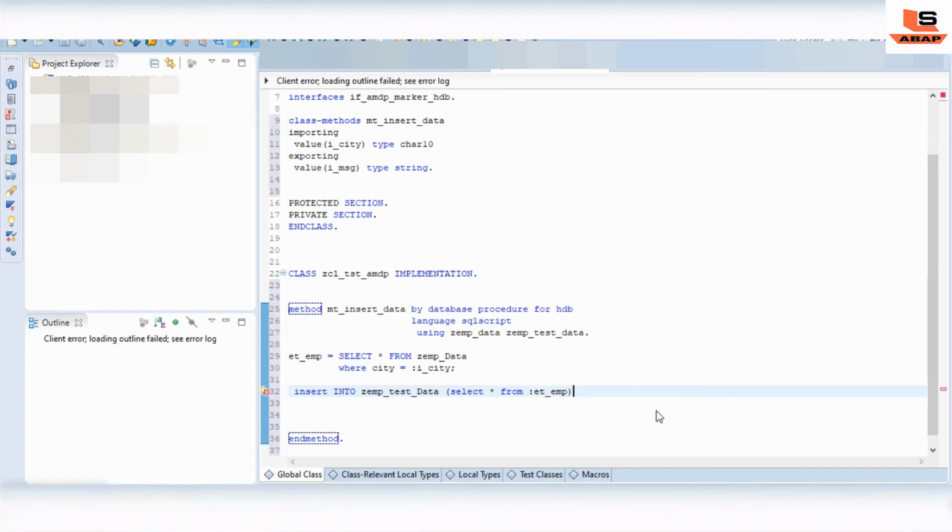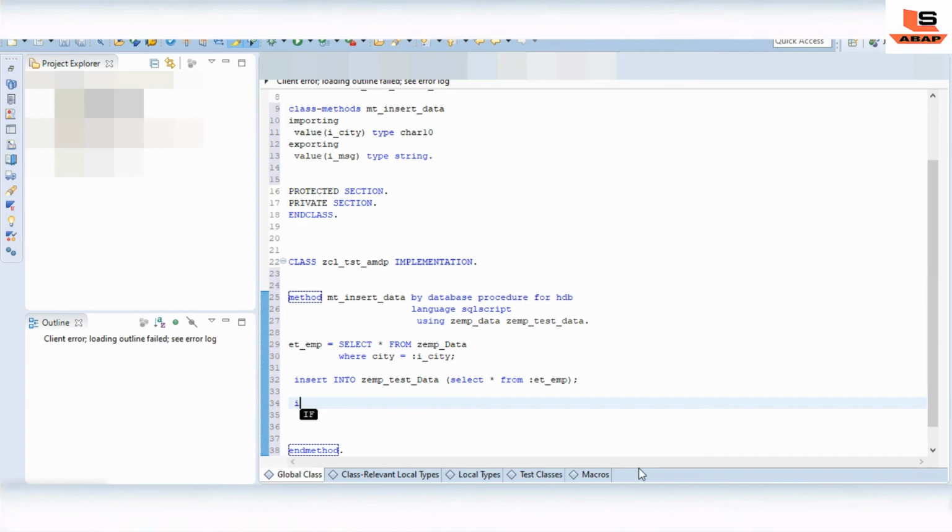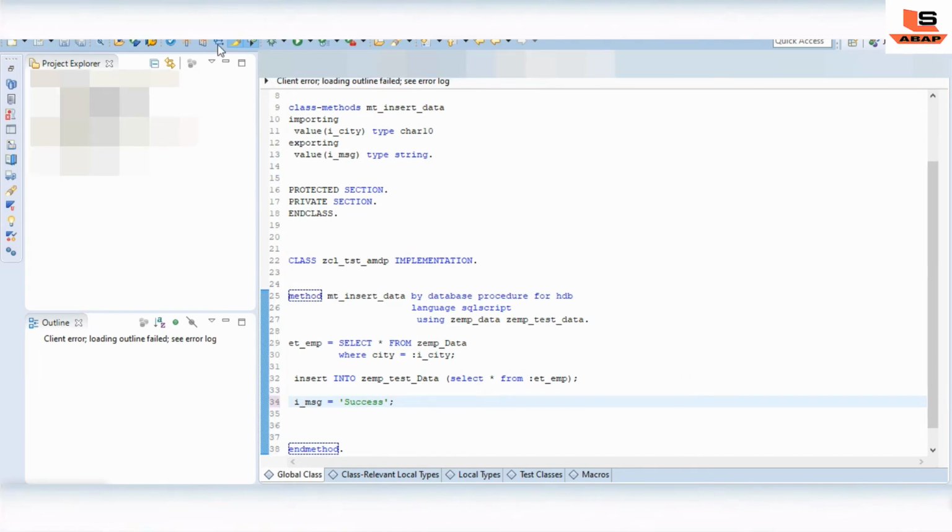Then we give the message equal to 'success'. That's it.